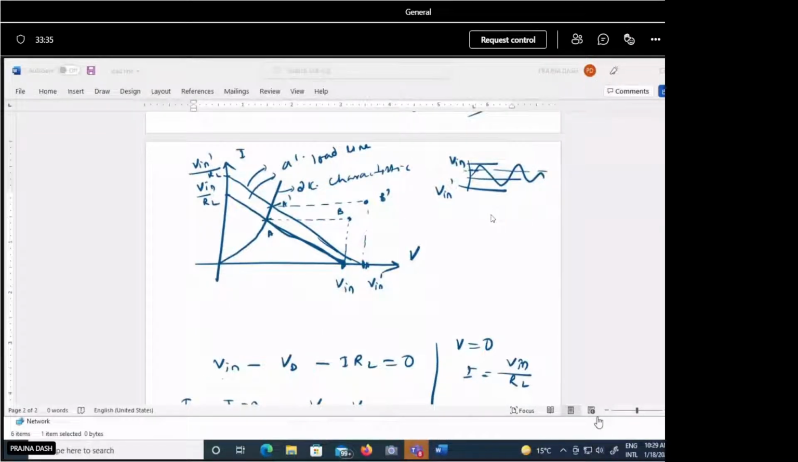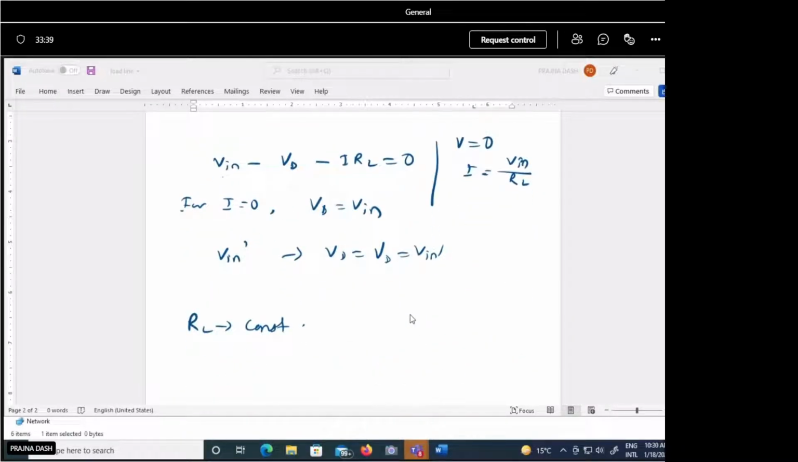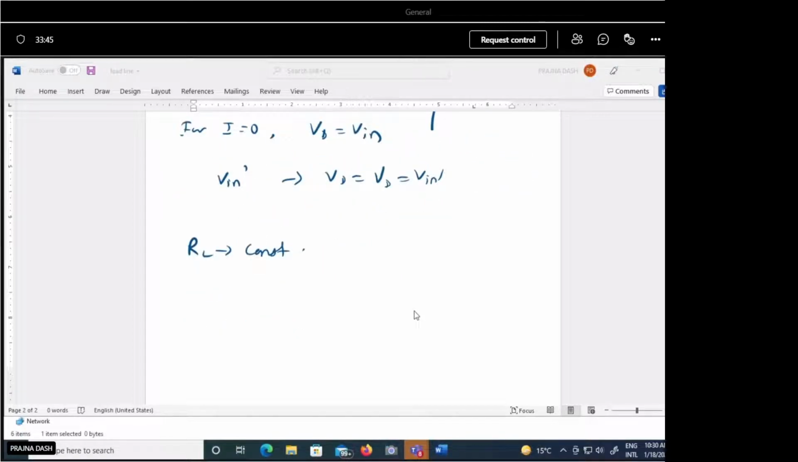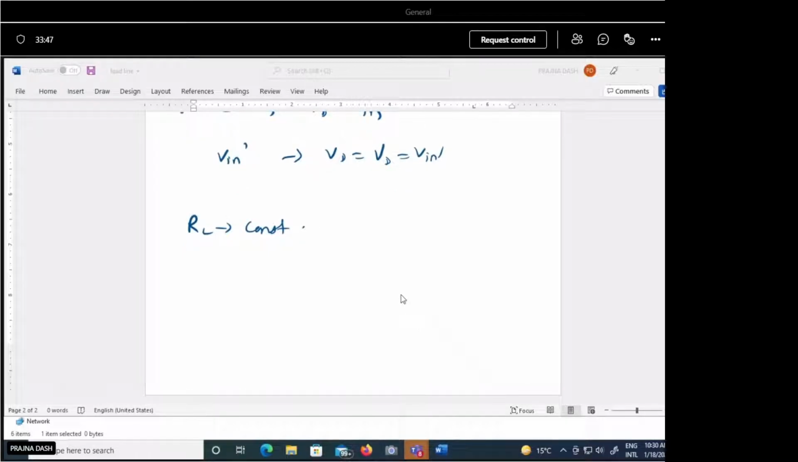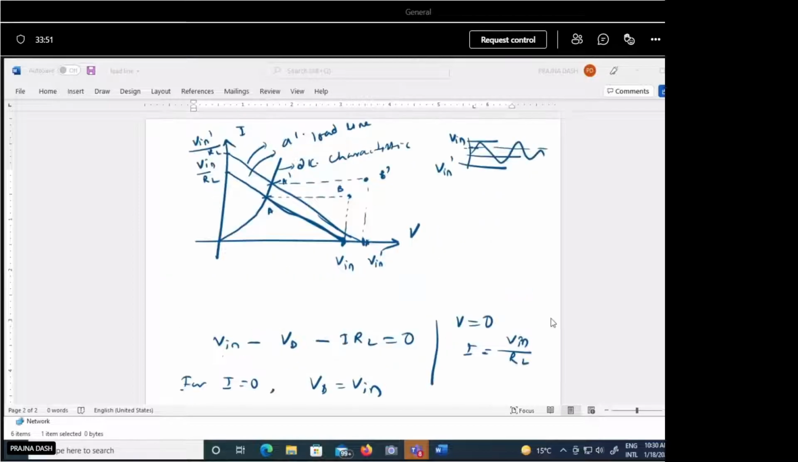this RL is constant. So if RL is constant, the slope is constant. So if your slope is constant, we will obviously get a parallel line. And if your slope is constant for the static load line, if you join this Q point and this voltage point, and this point